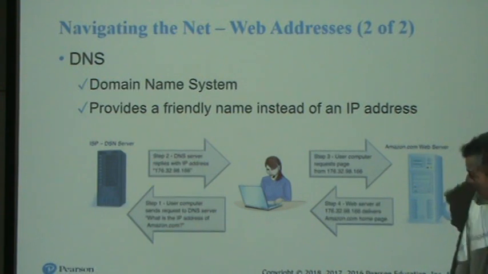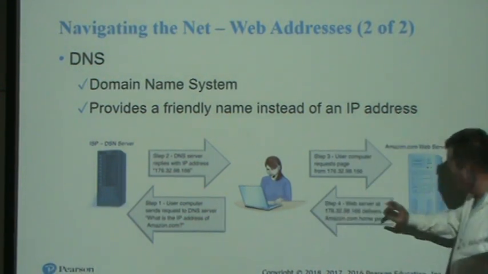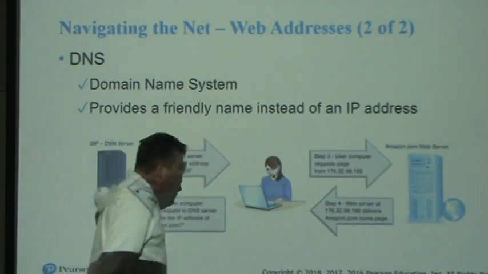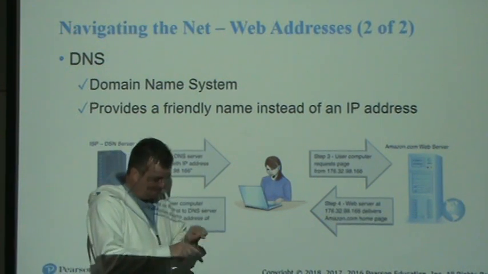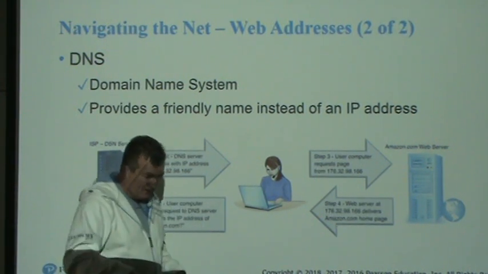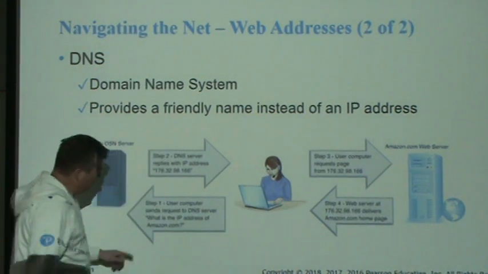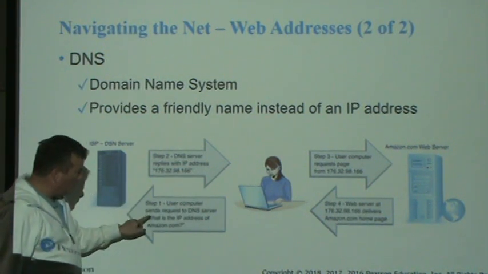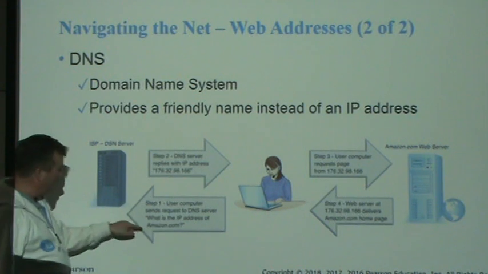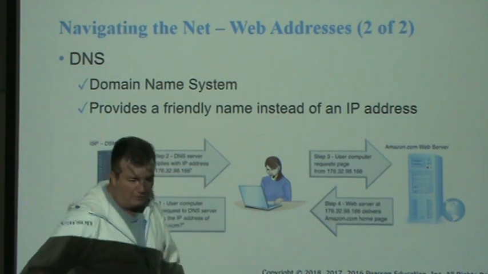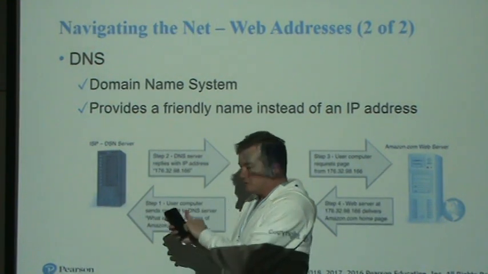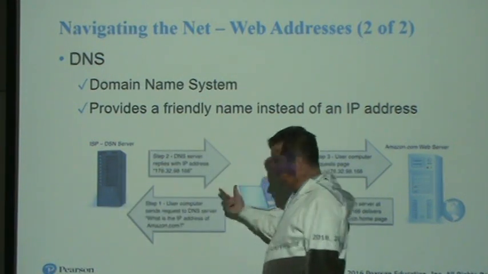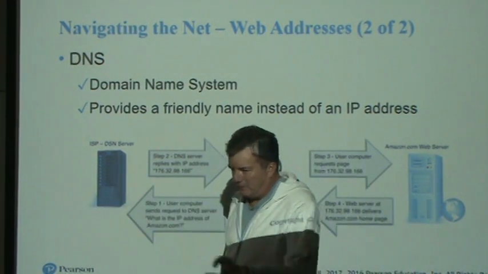Okay, so for example, here's somebody trying to get to Amazon.com, right? They want to buy something on Amazon. So what do they do? They go onto their computer and they type www.amazon.com and they hit enter. And what happens? Well, the first thing that happens is the user's computer sends a message to the DNS server: what is the IP address of Amazon.com? This thing is like your cell phone, which says Mary equals this phone number. This thing says, oh, you want Amazon.com? There you are, 198.88, whatever the number is.